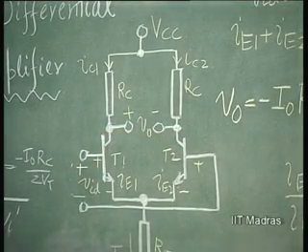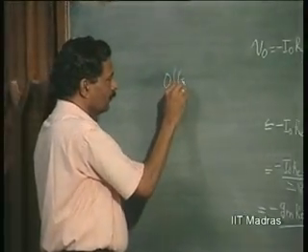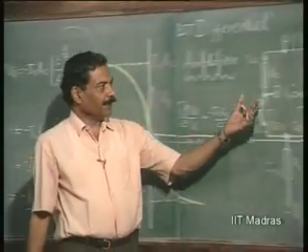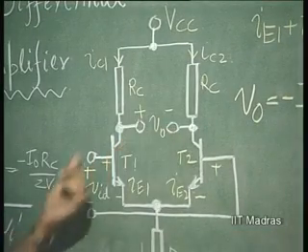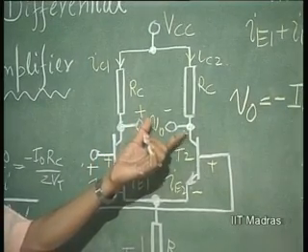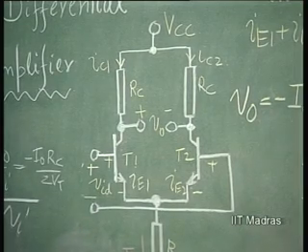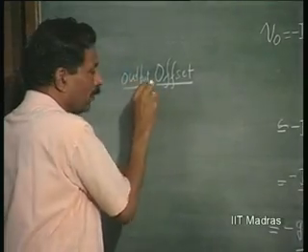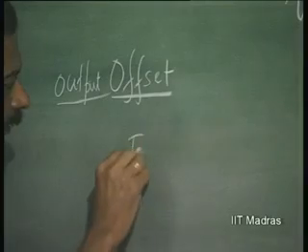Now, I would like you to understand something about the offset. What is the offset? Output offset is that voltage that appears at the output when the input is 0. So, we have what is called output offset. Why does it happen that there is an offset? That is because the transistors may not be